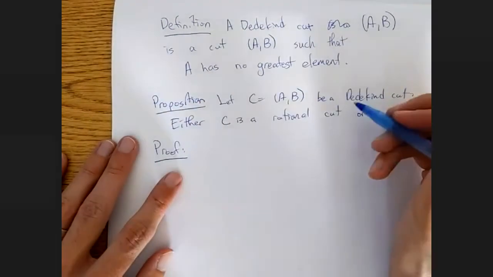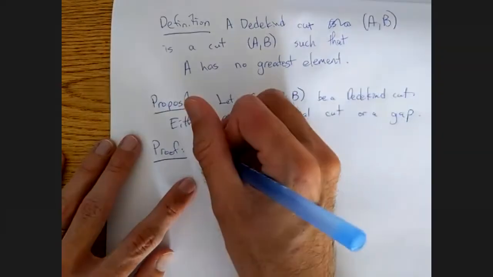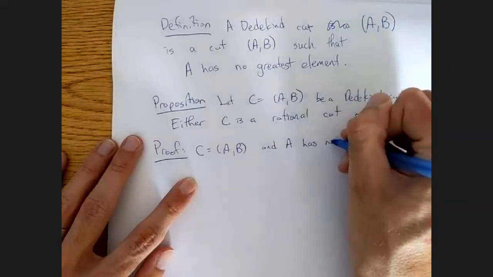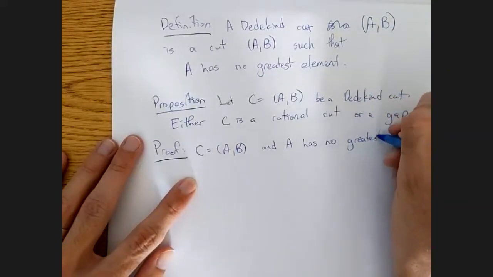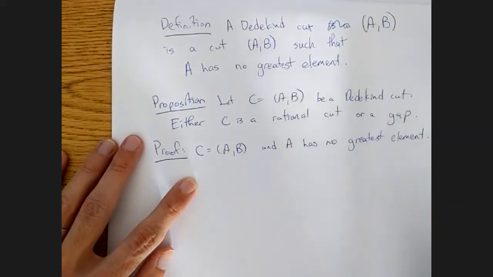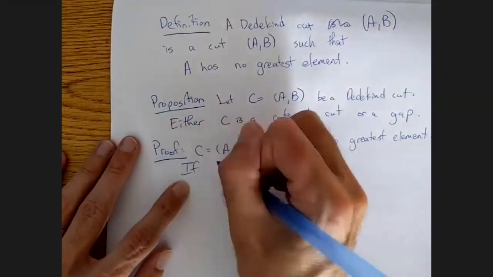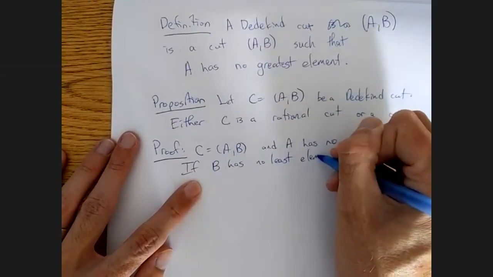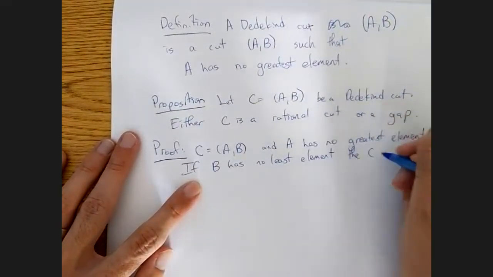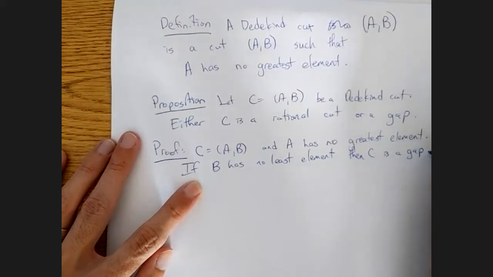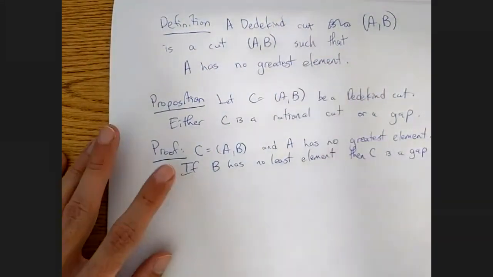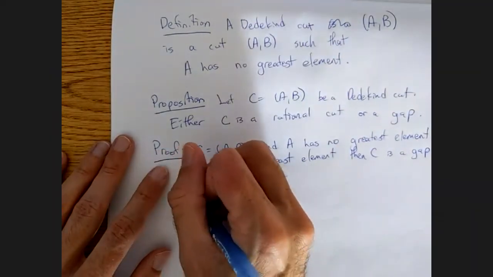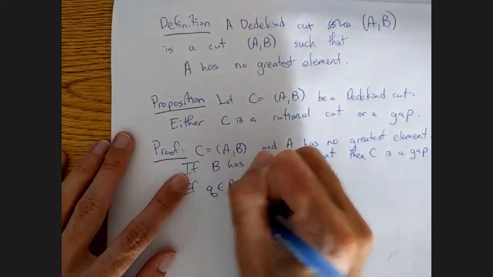Okay, by definition of Dedekind cut, A has no greatest element. If B has no least element, then C is a gap. That's the definition of a gap. It's just a cut where A has no greatest element, B has no least element. It is just a definition. Otherwise, if Q in B is the least element of B,